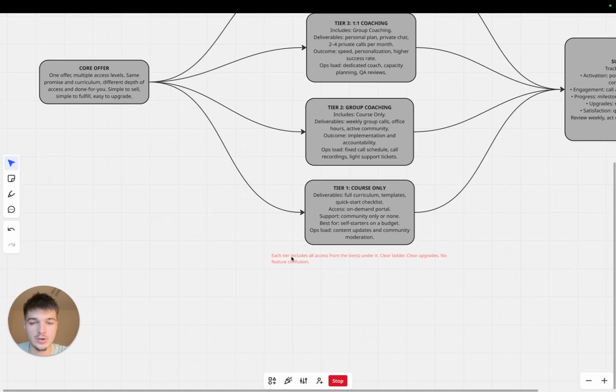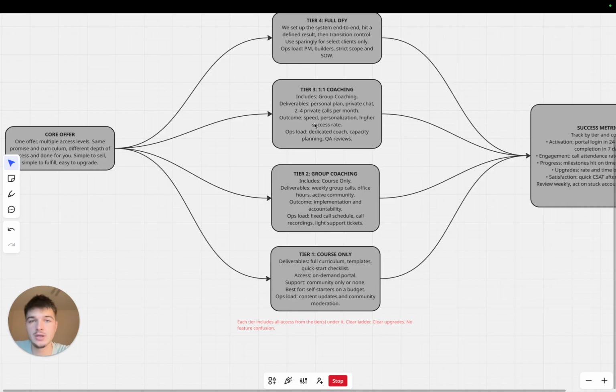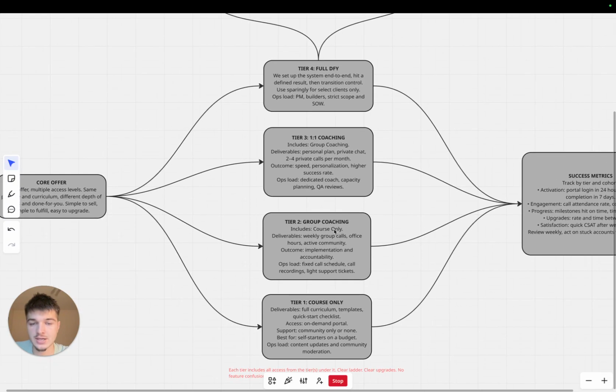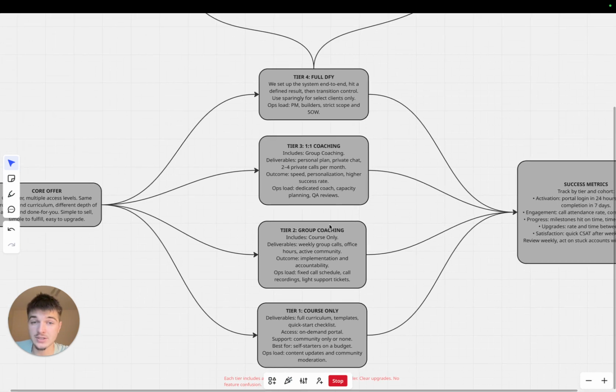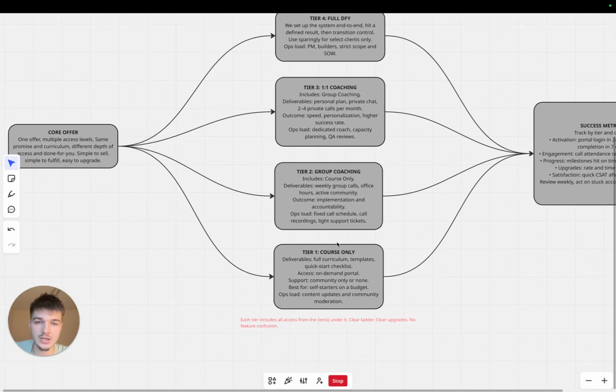And a key rule you have to follow when you're implementing all these tiers is whenever someone gets a tier, for example, if they purchase one-on-one coaching, they obviously still get access to all the tiers below it. So they get access to the course, they get access to the group coaching calls if they want to hop on them. A lot of the time they won't, obviously, because they have a one-on-one coach. But yeah, that's the idea there. If someone purchases group coaching, then they get the course also, so they get access to both tiers. So that's the idea. You want a clear ladder, clear upgrades, and no confusion between the tiers